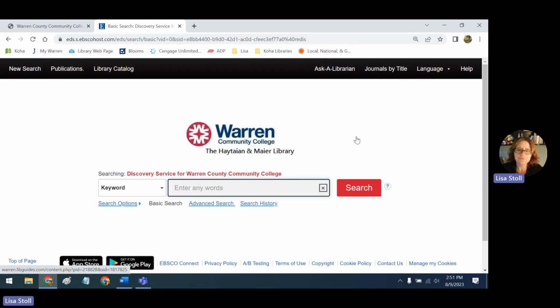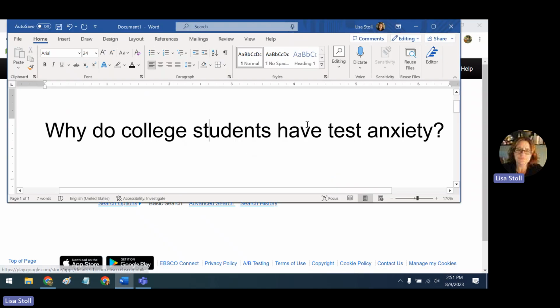The database operates on keyword searches. So we've talked about finding what your research question is going to be, and then once you have a research question, picking out the keywords of that research question. For the purposes of this demonstration, this is my research question: why do college students have test anxiety? The keywords from this are college students